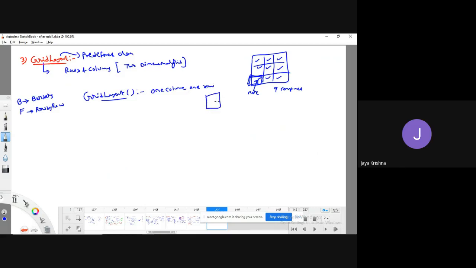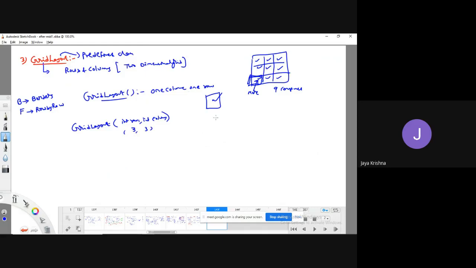One column and one row means I can place only a single component. There is one more kind of constructor, the two-parameter constructor. I can take the total number of rows and the total number of columns. For example, if I pass 3 comma 3, it looks like this structure. Okay, fine.